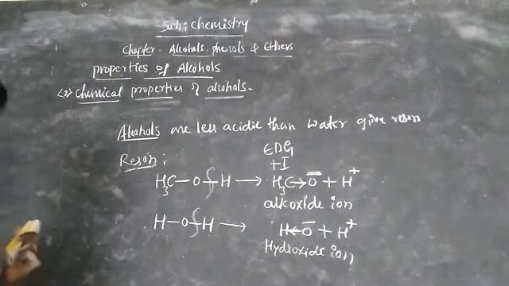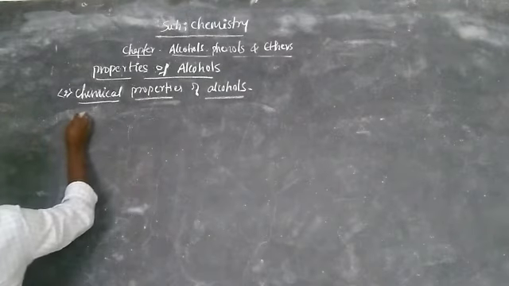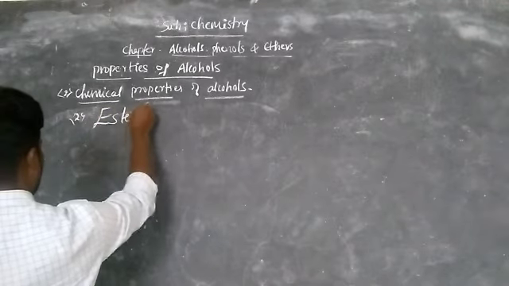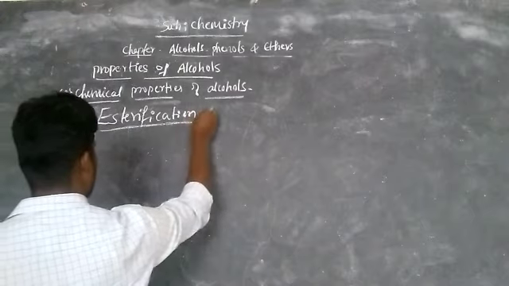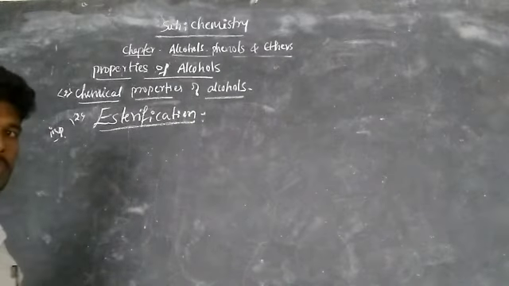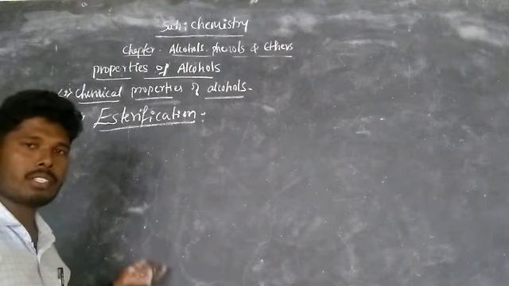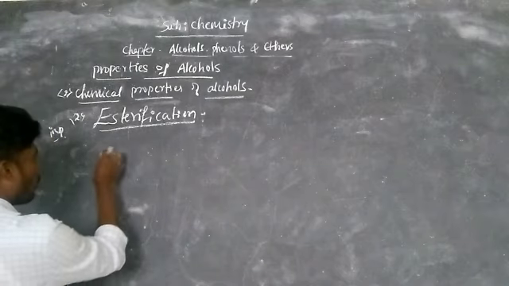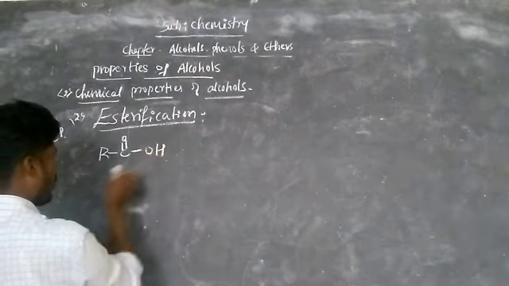Then the second chemical property is esterification. Important. So esterification is the process of forming an ester when a carboxylic acid reacts with alcohol in the presence of concentrated sulfuric acid or dry HCl. That is, when carboxylic acid, that is R-C double bond O-H, this carboxylic acid,